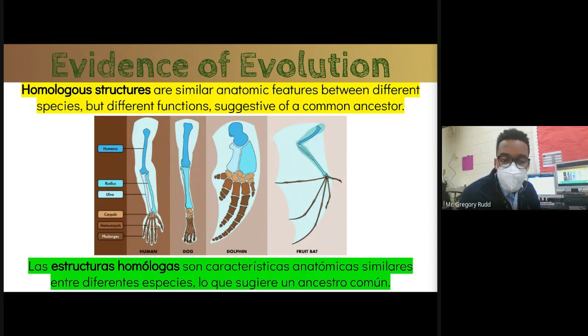All four of the species have a long bone in the upper portion of their limb. In humans, we call that long bone the humerus. All four species have two bones in their forearm region, or in the region between their long bone and their extremities. In humans, those two bones are called the radius, that's the bone that's on your thumb side, and the ulna, that's the bone that's on the side of your pinky finger.